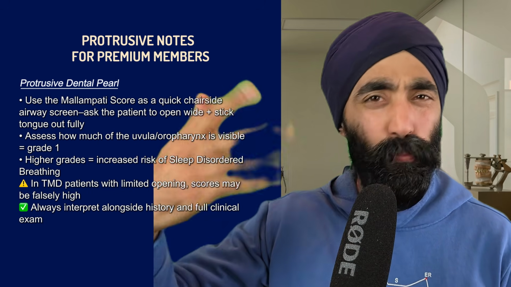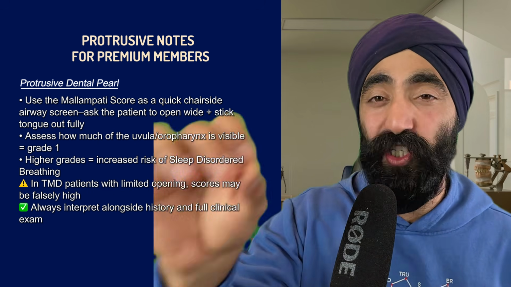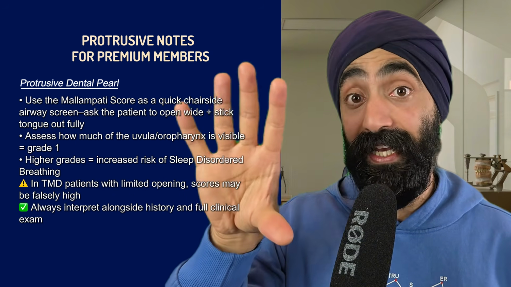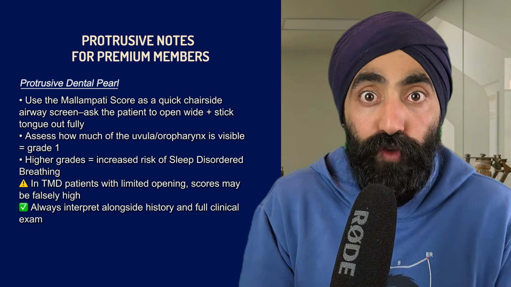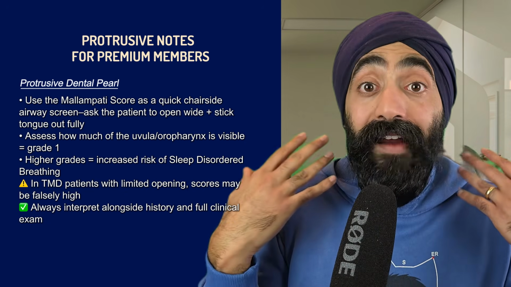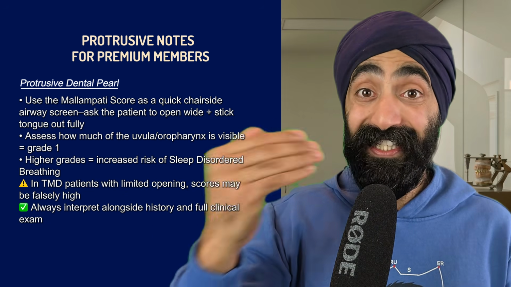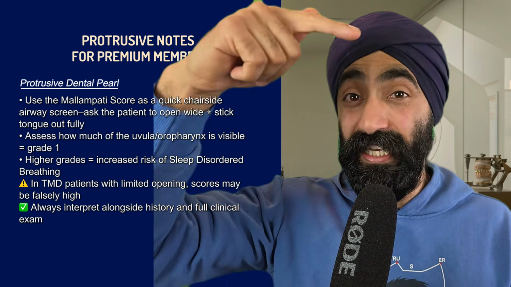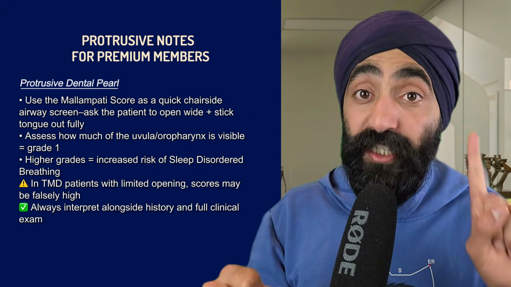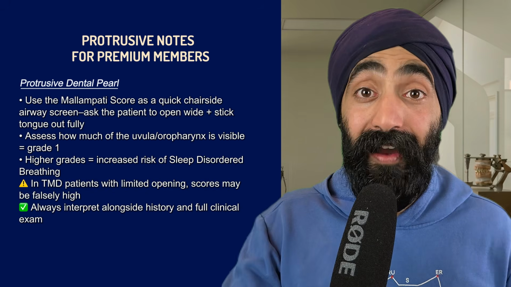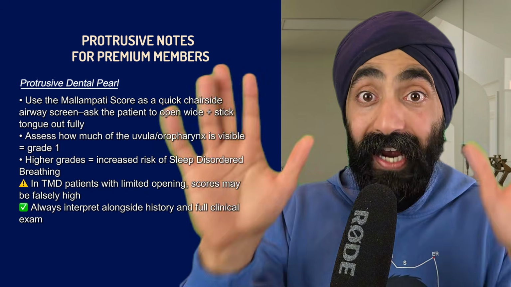Now we'll go into a little bit more in this episode about what that actually is, but essentially you get the patient to open as big as they can and then stick their tongue out as far as they can. And then basically you see how much of the uvula can you see, how much of the oropharynx can you see. So when the patient sticks their tongue out while they're fully open and you're seeing the entire uvula and you can see the tonsils and the arches and everything, that's super. That's a grade 1. And if your patient sticks their tongue out, you don't see any of the uvula, the tongue is in the way,